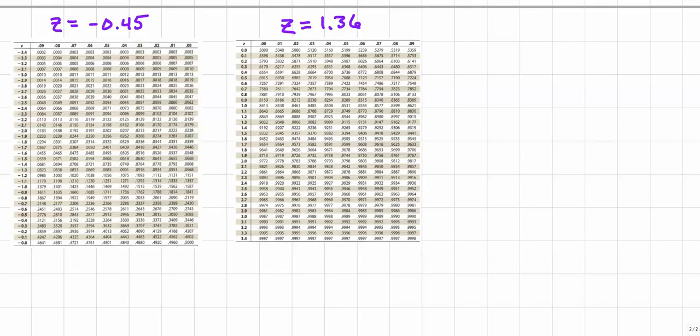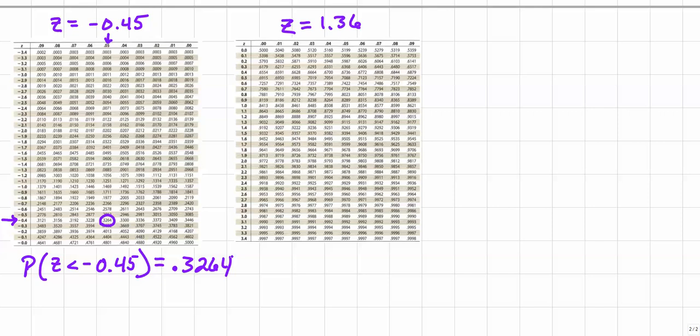Okay, looking at our tables, and I know they're kind of small, but I wanted to make sure that we could fit them in and we can see everything. A z-score of negative 0.45, that means we're down here at negative 0.4, and then we're looking for the column for 0.05. So our z-score is right here, or I should say our probability. So the probability that z is less than negative 0.45 will be equal to